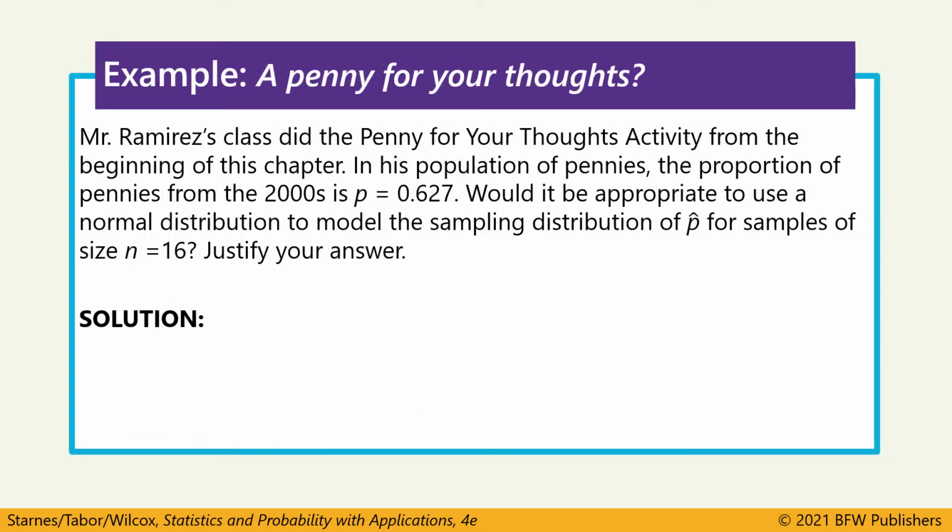Mr. Ramirez's class did the penny for your thoughts activity from the beginning of this chapter. In his population of pennies, the proportion of pennies from the 2000s is 0.627. This is the population parameter, not the statistic, because it's about all of the pennies. Would it be appropriate to use a normal distribution to model the sampling distribution of P hat for samples of size n equals 16? Well, 16 is definitely less than 10% of all pennies, but if we check these conditions,